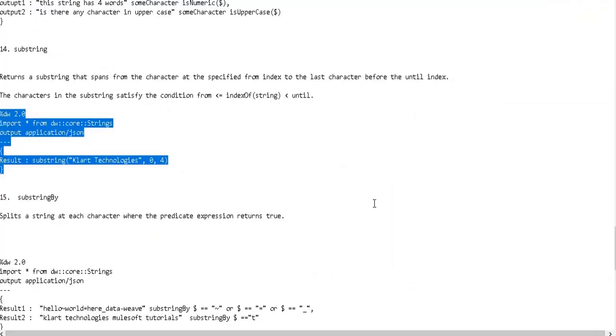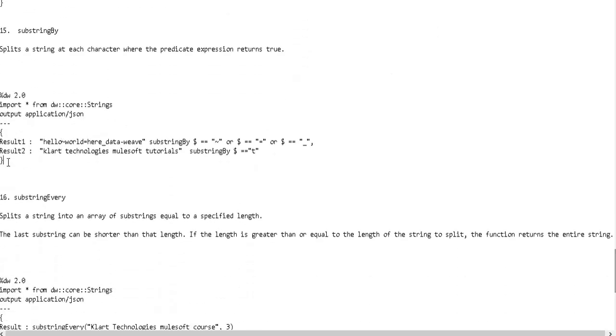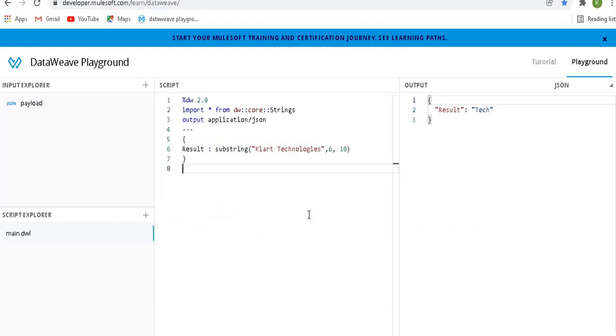Okay, so the next one is substringBy. Split a string at each character where the predicate expression returns true. It means if you have given a condition like this, it will split your input string into different characters which satisfy the condition.